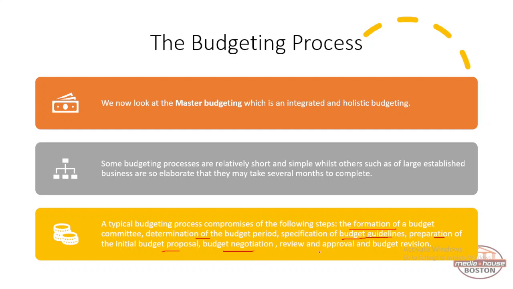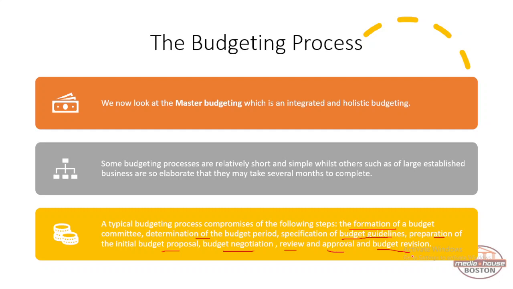After that, the budget will either be reviewed again or will have to be approved. Once it's approved, we do a budget revision at a later stage, or what we call an audit budget, to see if that department is still following what they've actually planned, or whether they've overspent, they're still underspending, or they are in line with their budget.